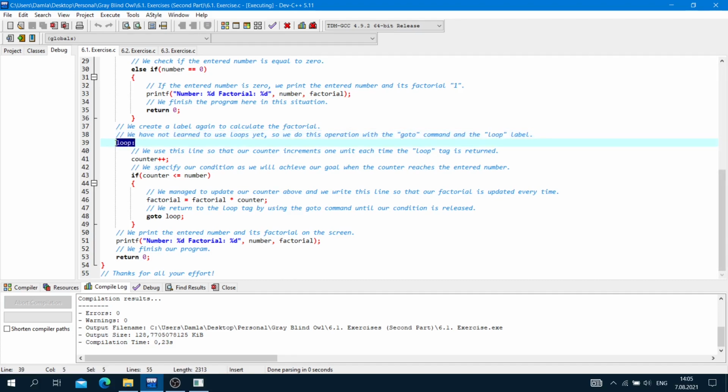Loop and colon. We use this line so that our counter increments 1 unit each time the loop tag is returned. Counter plus plus and semicolon.